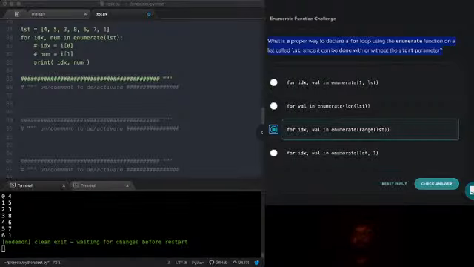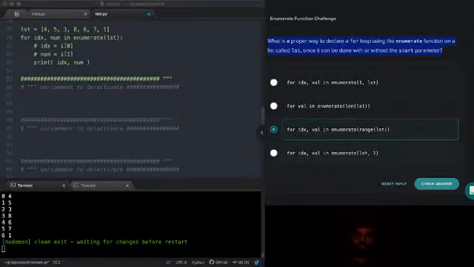You could do the range of the length of the list. So you could do enumerate range len list, but that's not what's being shown here, and that's also not what's being asked for in the question. Even though this would satisfy enumerate's type requirement for its argument, range is an appropriate type to pass to enumerate. List does not satisfy range's type requirement for its argument. So this is going to give us an error on the range